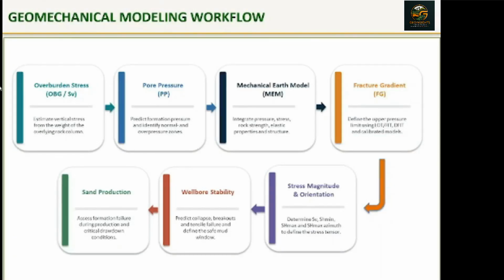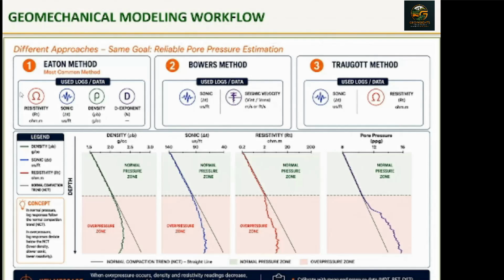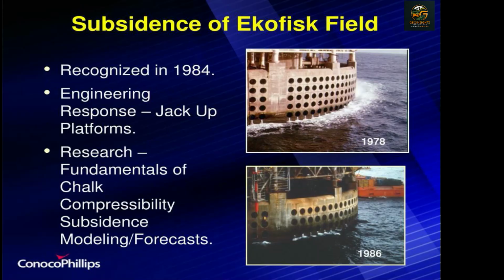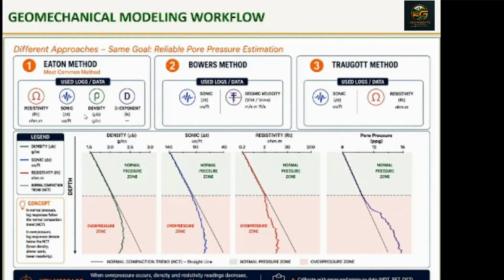The second step is to identify the pore pressure. The pore pressure calculation step is a very essential and vital one. So I want to just focus on this one, and I will give you another slide to focus on the different methods used to identify or calculate the pore pressure. There are many different methods used to calculate the pore pressure. The most significant and common ones are Eaton, Bowers, and Traugott. If we just highlight the Eaton equation, which is the most common one,